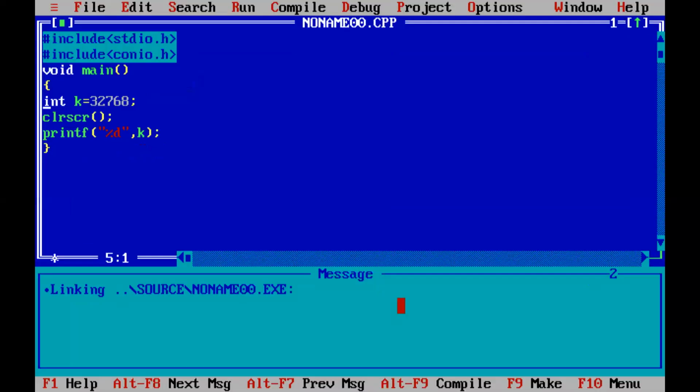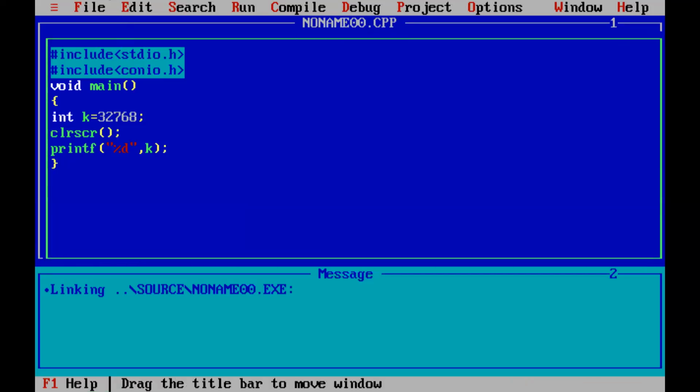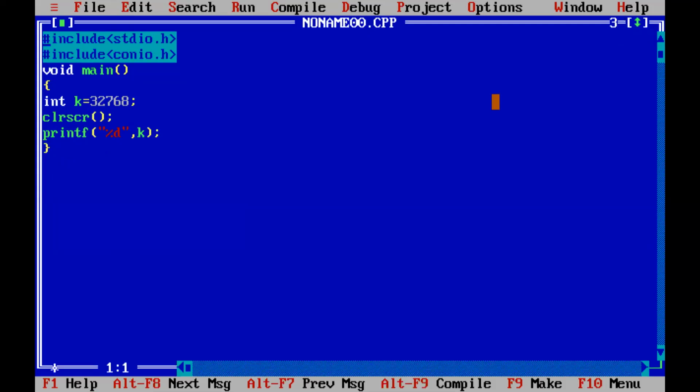See here. So take this example. I will take integer.